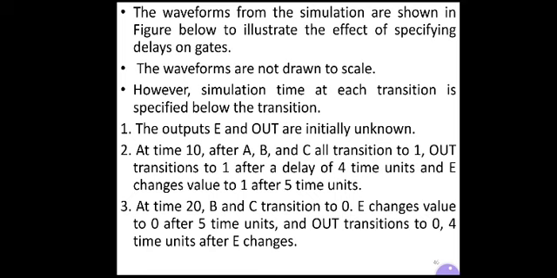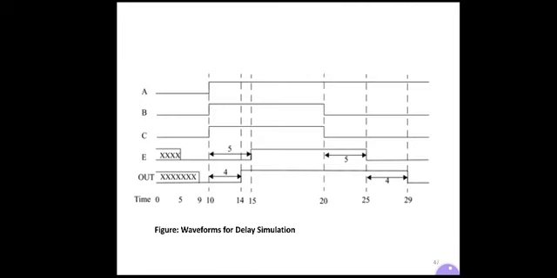Now let's see the waveform here first. This is the output of the expression out is equal to A and B or C. So observe here, at the beginning A, B, C all are 0. At the start of the simulation, the input values A, B, C all are zeros. So the output is going to be 0 according to the given expression. See here, A is equal to 0, B is equal to 0, C is equal to 0 at the 0 time unit. Its value is going to be changed after 10 time units.